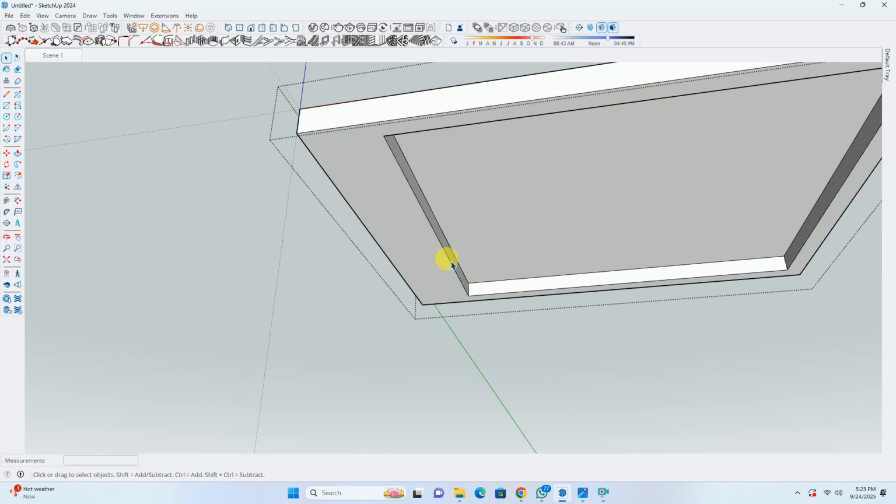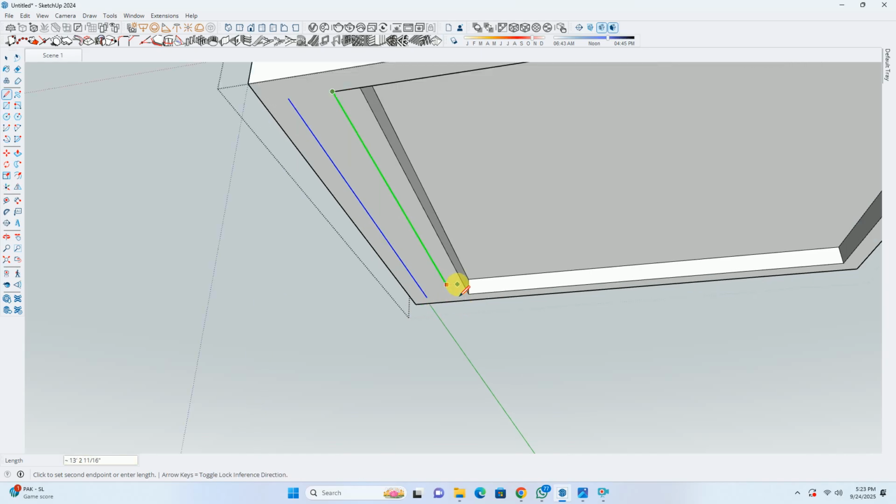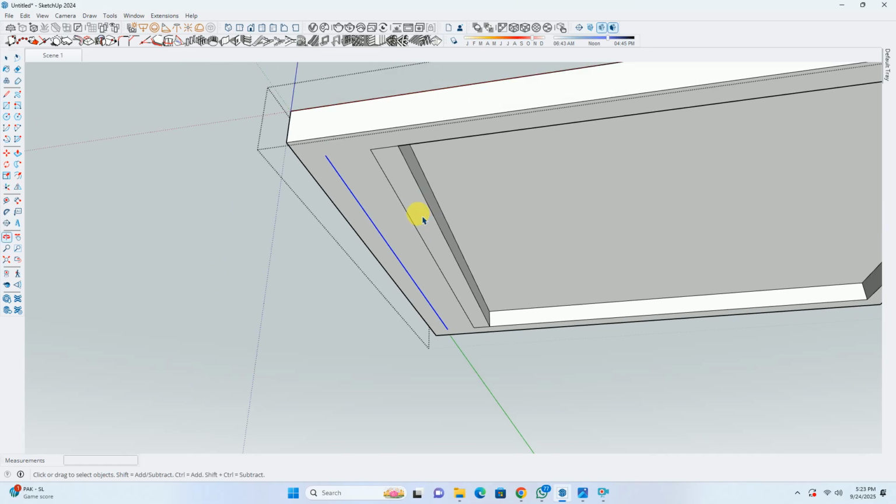Okay, and I'll apply the copy command and I'll copy the surface backward at a gap of, no, sorry, not 24 inches, 9 inches. We'll cut the surface first of all.